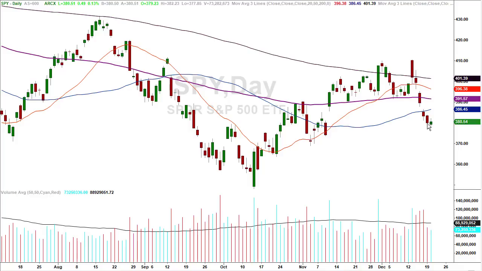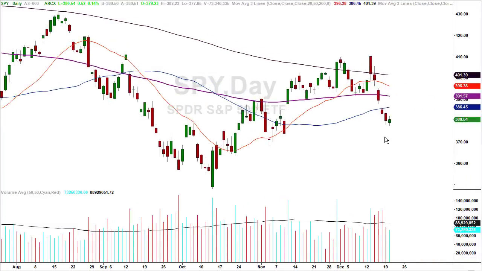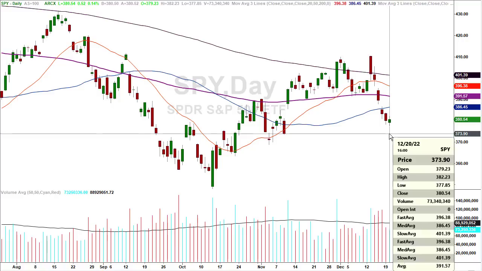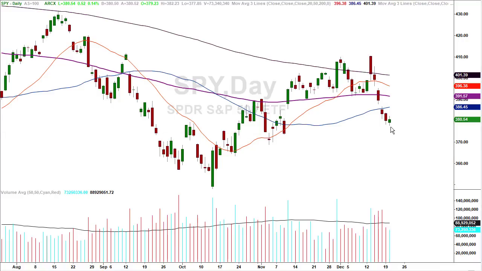Now, let's take a pretty good look at today's candle, by the way. There's a method to the madness. There's a reason why I want to have this discussion. We had what's called a very narrow ranging day. They made a slight new low from yesterday. They didn't really get anything going on the upside. So it was a very narrow ranging day. It was kind of a mundane day. It's almost like they're waiting for something to happen. What are they waiting for?